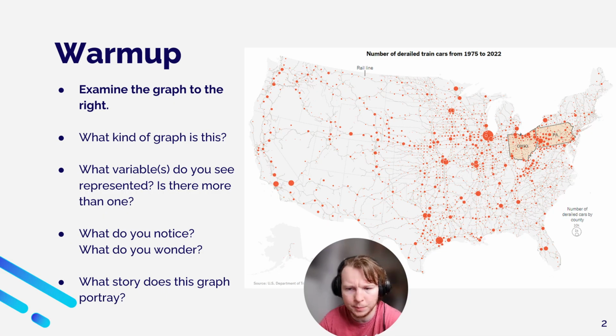So first, to warm up, we're looking today at a graph to the right of derailed train cars from 1975 to 2022. You'll see some interesting patterns emerge. For one thing, you can actually track train routes across the US with this map because there can't be a derailed train car where there is no rail line. The other thing is you'll notice some areas where derails are pretty common. For example, around Chicago, you see a pretty big